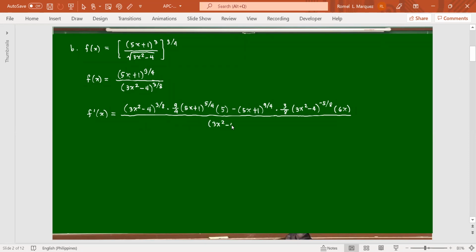(3x squared minus 4) raised to, so when we square, it will be what? The 2 will multiply with 3 over 8. Am I correct, guys? Then after that, what comes next? A simplification. If the question is not asking to simplify, you can leave your answer as is. But if you're asked to simplify,